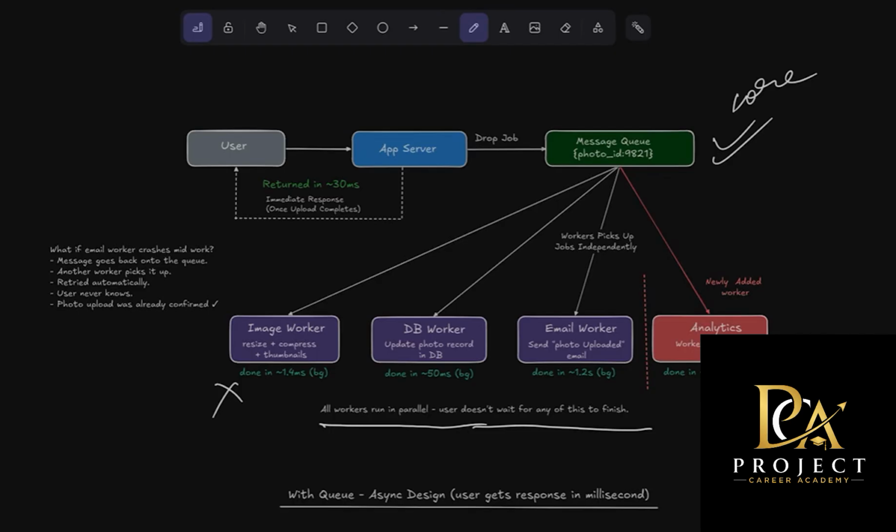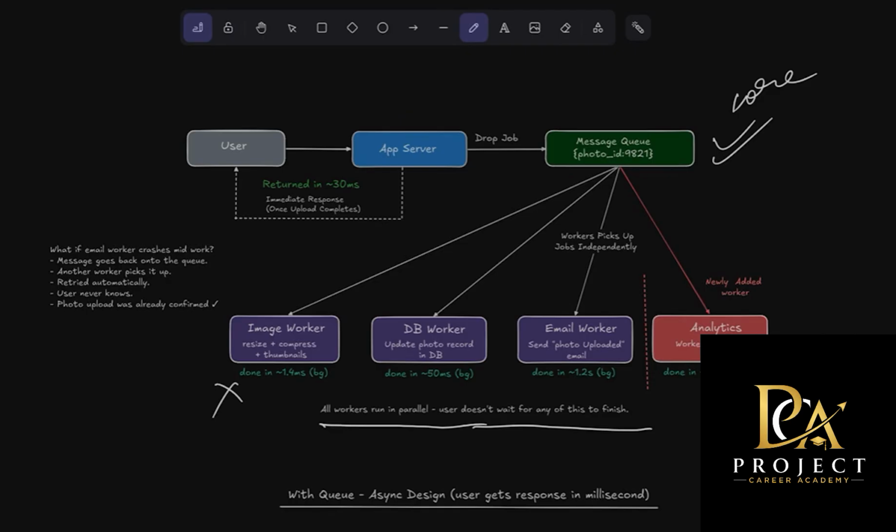For example, for uploading an image, there might be an image worker which is listening to the message queue. And this image worker will basically resize the image, compress the image, and generate the thumbnails, all in the background. There might be another worker called the database worker who is listening to any updates on databases.